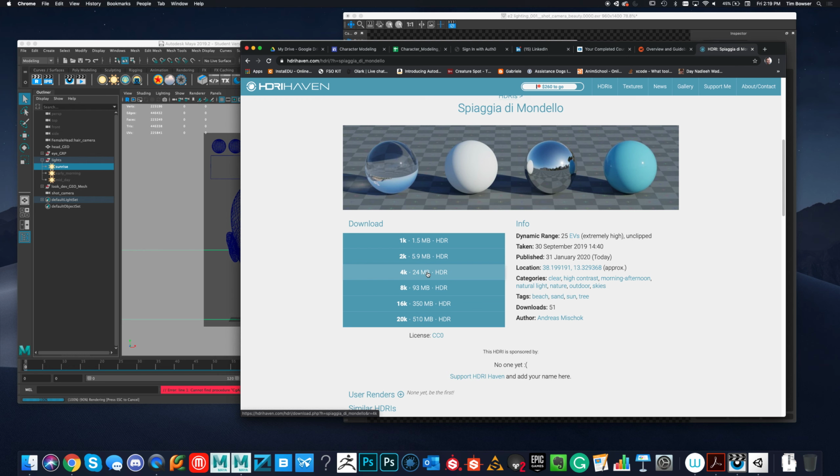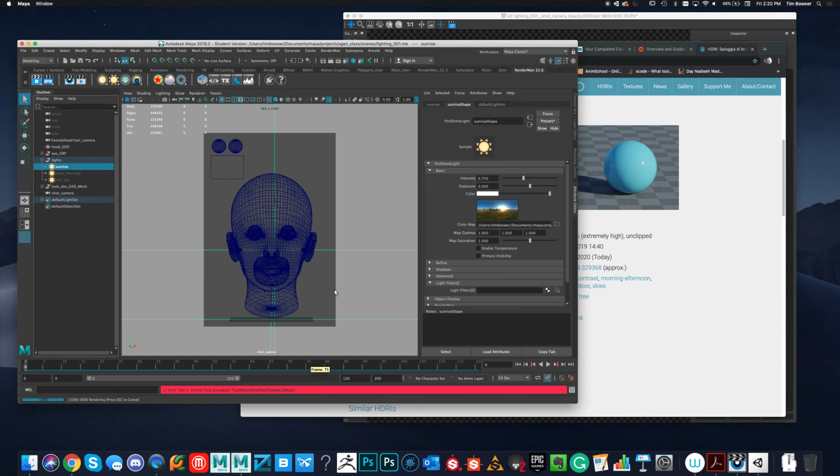As soon as that downloads, you would put it in the source images directory of your Maya project directory. So if you have not set your Maya project directory yet, you need to do that, because we're going to want to access them through there. So once you have those images, we're going to jump back to Maya, and I created 3 different dome lights. So if you right click on here, you can create a new dome light, and then I grouped those 3